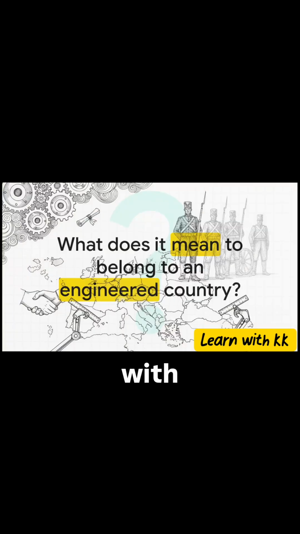So this leaves us with a pretty profound final thought. The modern nation-states of Germany and Italy weren't just born organically out of some ancient shared culture where everyone magically felt a deep inherent connection to one another. Actually, scratch that, they were intentionally engineered. They were crafted through statecraft, diplomacy, secret societies, and the sheer undeniable force of armies. So as we look at the world map today, we really have to ask ourselves, if the lines on the map are just engineered creations from the 19th century, what does belonging to a country truly mean? I hope this explainer has given you a brand new lens through which to view the